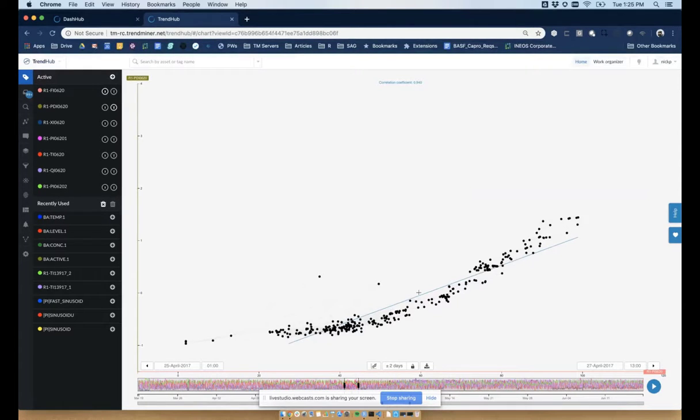And what I would expect is as the filter fouls, that this relationship gets more extreme, such that for a given flow rate, I have a higher differential pressure. And I'm starting to think, and I want to maybe use that as a monitor. But first I have to validate if there's any noise in the data, if I can even use this profile as a monitor. And TrendMiner makes that really easy.